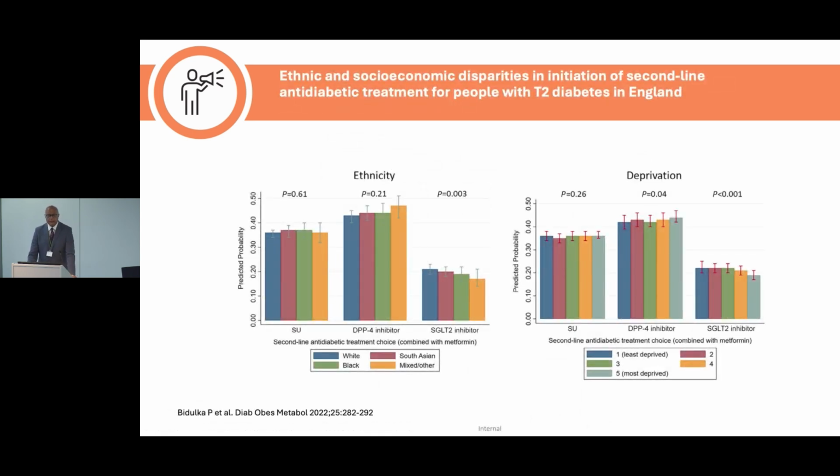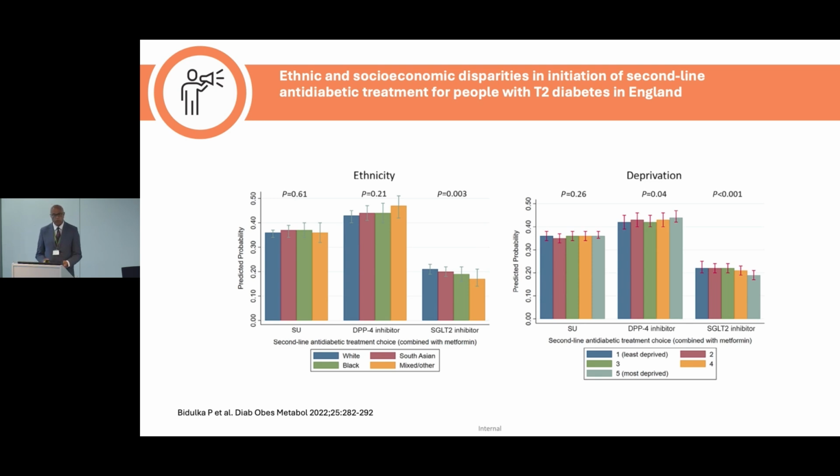Similarly, when we see that the guidelines are recommending these therapies, SGLT2 inhibitors for kidney disease, NICE are recommending these, and this is work we did with the London School of Hygiene and Tropical Medicine. We see these are fantastic drugs and very, very cost effective. We see that suddenly those drugs on the right-hand side, the SGLT2 inhibitors, there's a massive difference in utilization of these therapies in England. So those people who have the highest risk, ethnic minorities, South Asians and blacks at the highest risk of cardiovascular disease, kidney disease, they're less likely to get these therapies.